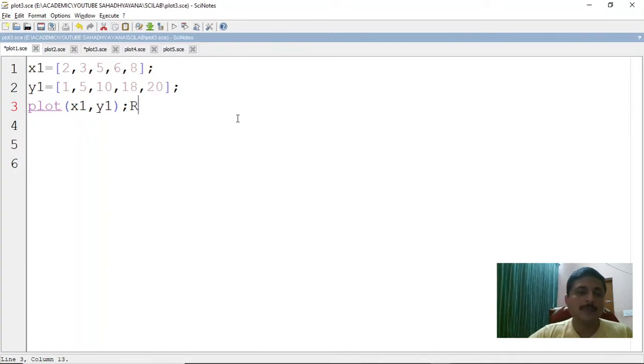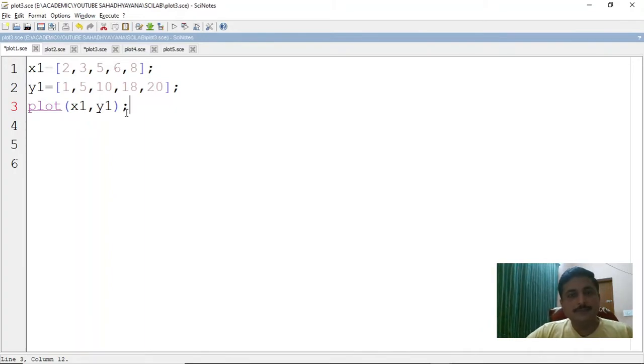So to start with, I already have a file with me, just created to save time. I have taken two arrays of values, x1 and y1, and I am trying to plot those values.